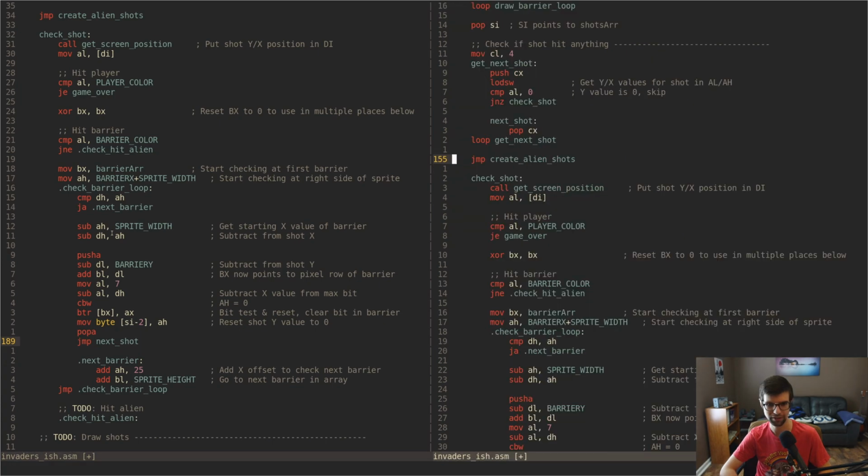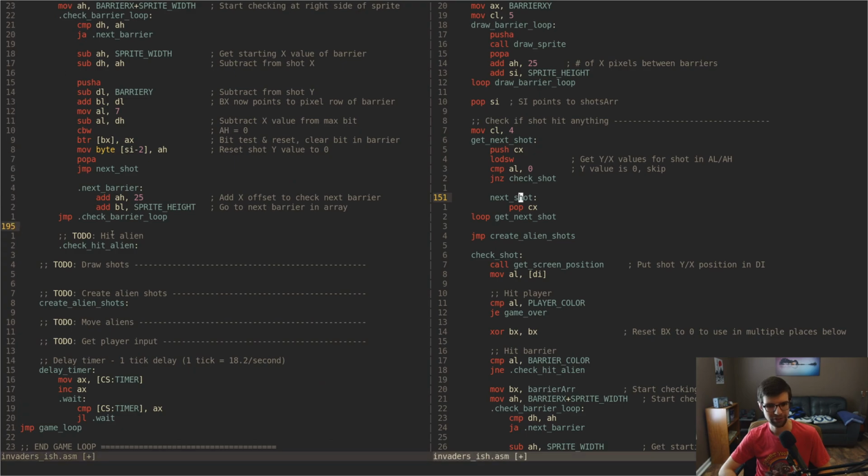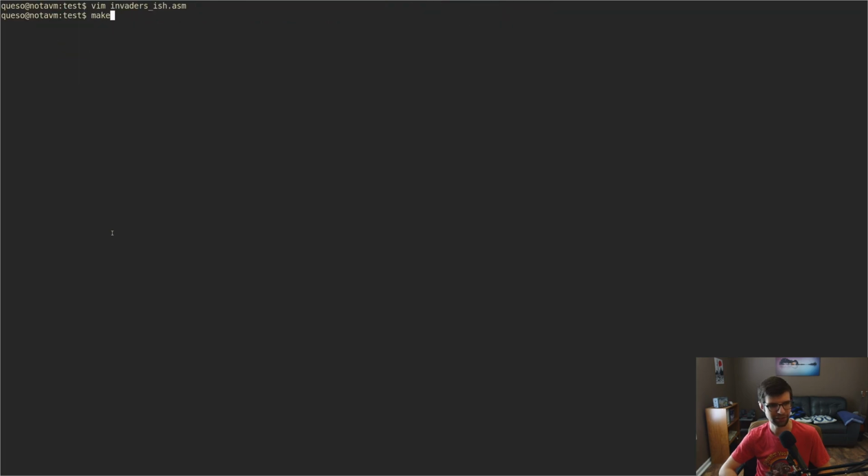Where's check shot again? Here. So now that we hit something, we reset the shot. We can go back to the next shot by just jumping back up here. CX was pushed, it'll be popped back, we'll loop to get the next one. But this is what we do to check if we hit the barrier. I know we haven't drawn any shots on the screen, but that should work for hit detection on the barriers, hopefully. Okay, before I do anything else, I'm going to see if it assembles to see if I have any